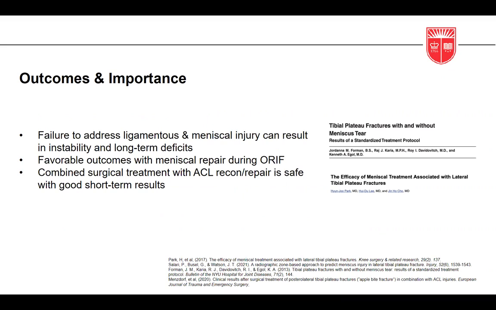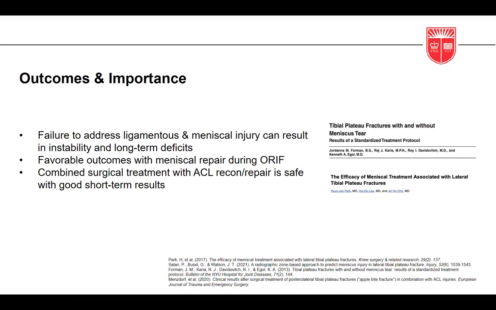One study by Foreman in 2013 showed similar functional outcomes in patients with acute meniscal repair with these fractures compared to those without meniscal tears. Park in 2017 also showed favorable outcomes with meniscal repair during ORIF. Recent case studies have reported that combined surgical management of tibial plateau ORIF with ACL reconstruction is a safe option